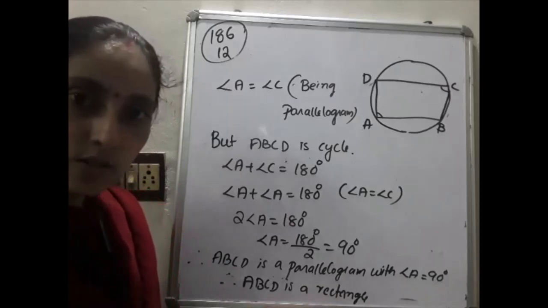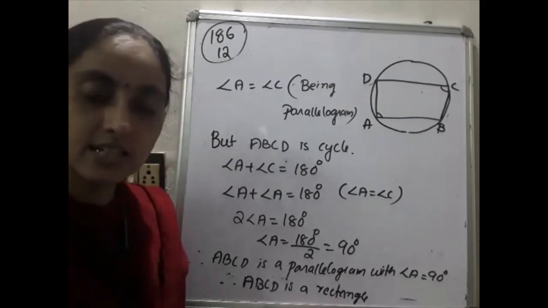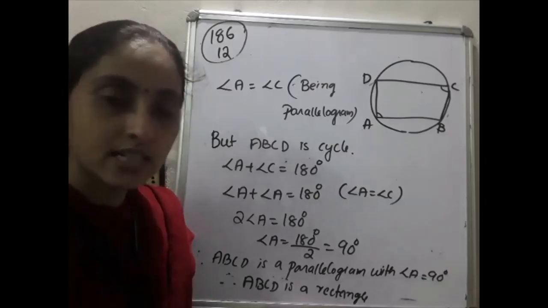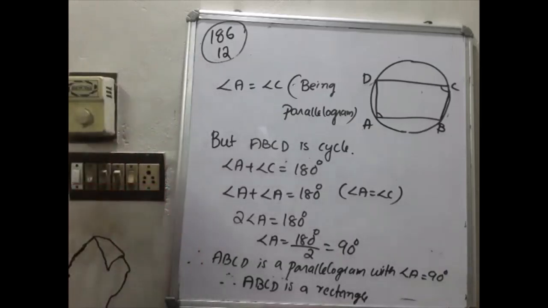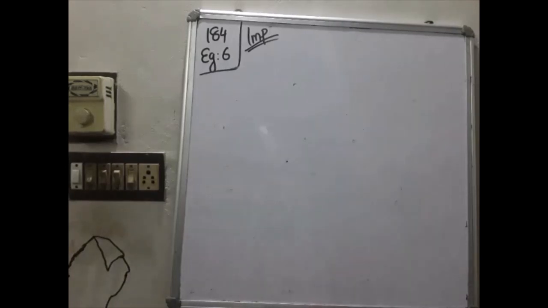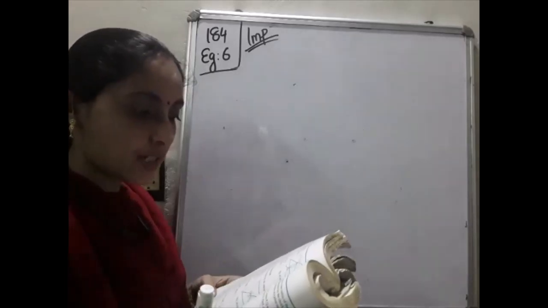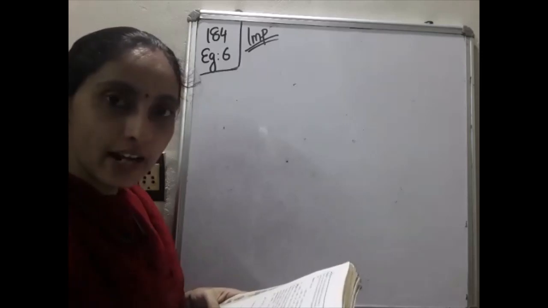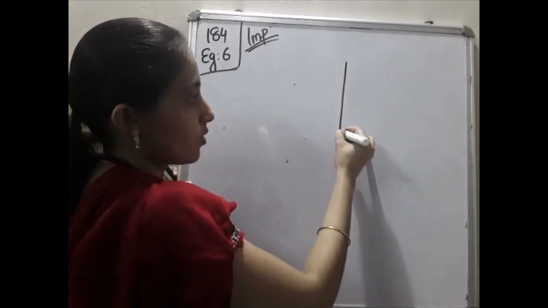Okay. Then one question is pending here, that is example 6 that we have discussed. After that this chapter will be finished, and by next week I will give you additional questions based on this chapter. Okay. So we'll move to the last question of this. The next question is page number 184, example 6. Prove that the quadrilateral formed by the internal angle bisectors of any quadrilateral is cyclic. That is, we already have one quadrilateral.